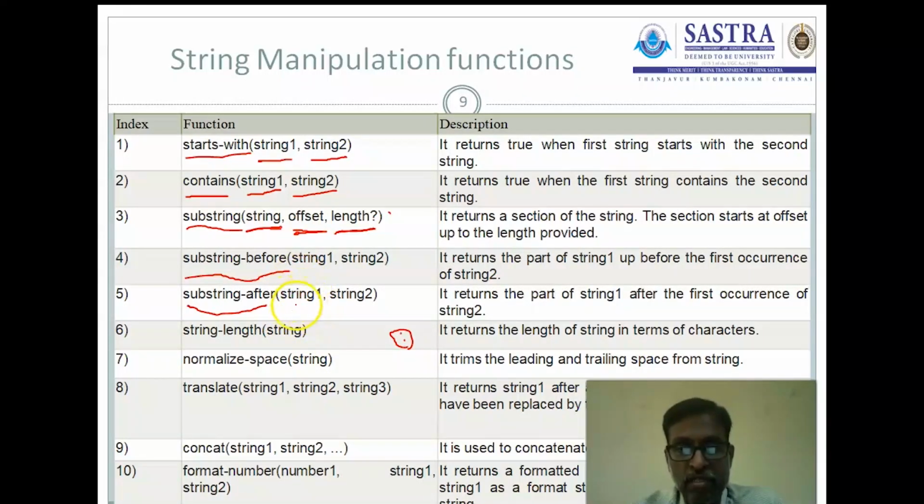The substring-before method extracts the part of string 1 before the first occurrence of string 2. That is very important. More than one time the string 2 may appear in string 1. We are not considering the second and third, but the first occurrence, where the second string is present, at which index the second string is present. First occurrence is taken, and before that occurrence whatever characters are available are extracted and